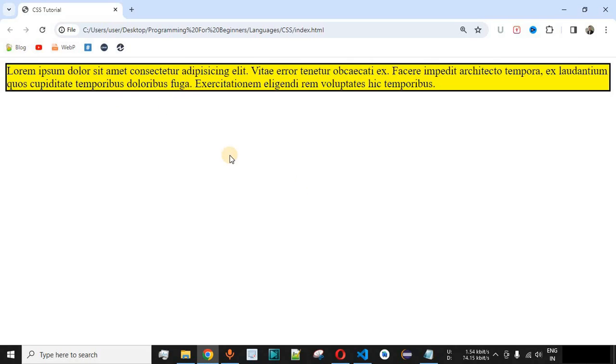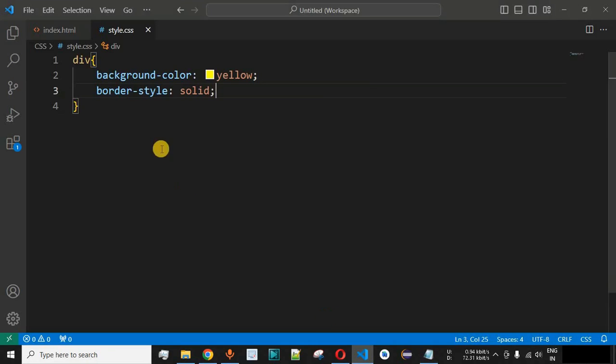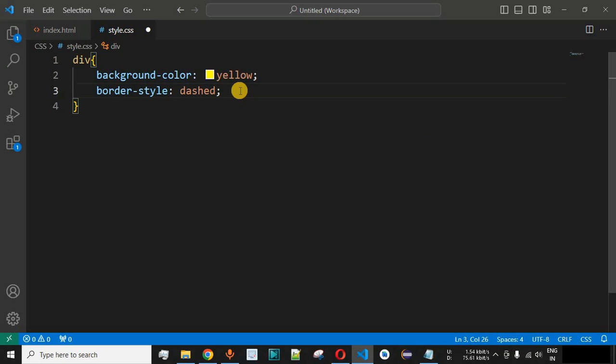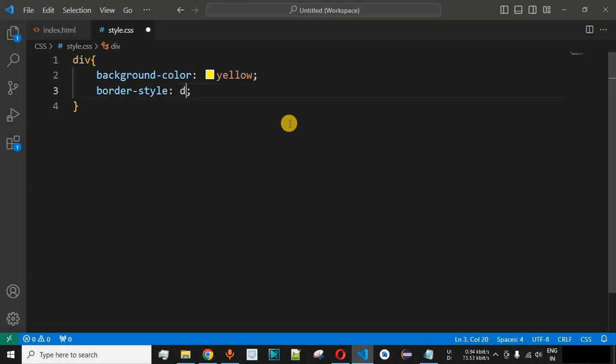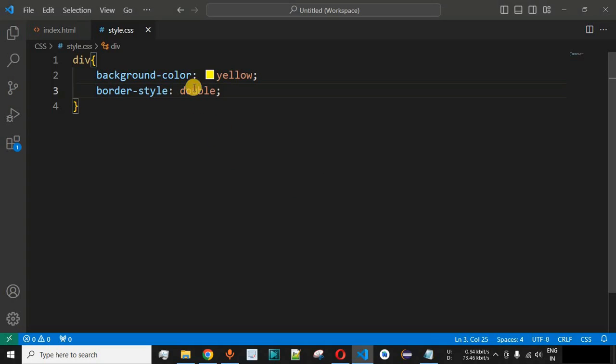Now guys, we can also define the border width by using the border-width property. Before going to that property, we can also have different values for this border style. As you can see, we have the dashed border style, then we have dotted, double, groove and many other border styles that you can see. If we provide the dashed border style in this case, let me save this file and try reloading this page once again on the browser. As you can see, the border style is now dashed and it is not solid. We can also provide the double value. When we provide double, let me save this file and try reloading this page. So it is the double border that is getting implemented over here.